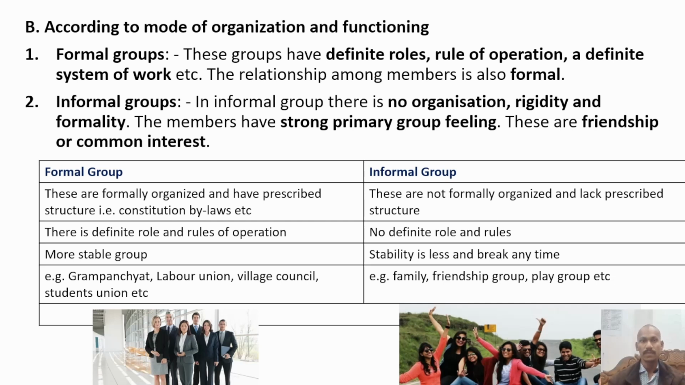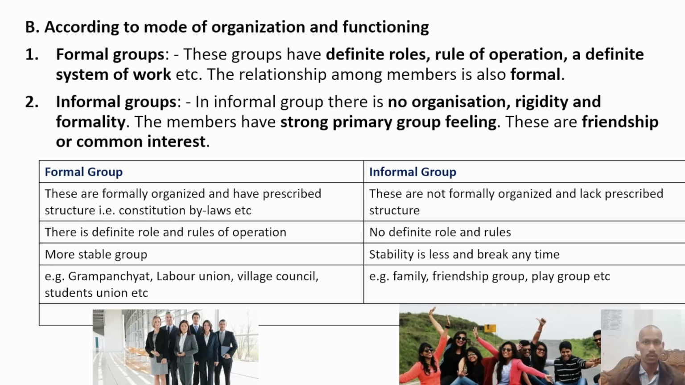An informal group is similar to the primary group. There is no organization, no rigidity, no formality. It is more based on feeling, on how a person is caring about another person. Friendship or common interest between people, that is an informal group. Formal groups are formally organized, with a prescribed structure and laws. In informal groups, there is no structure, no law, you can behave however you want, unless